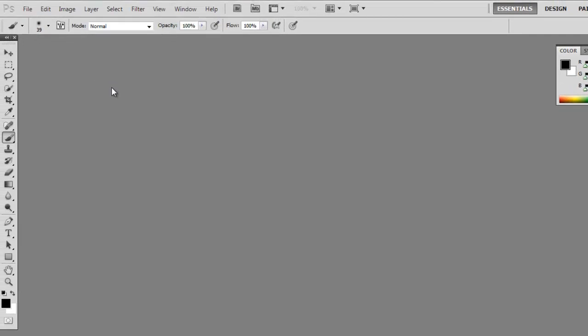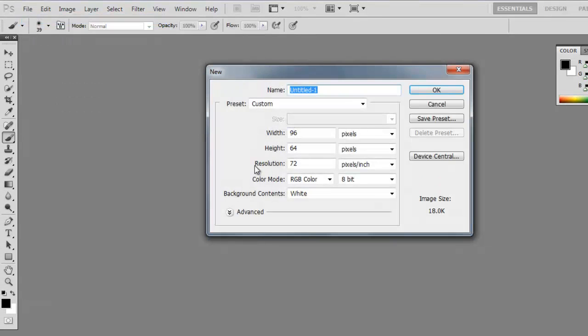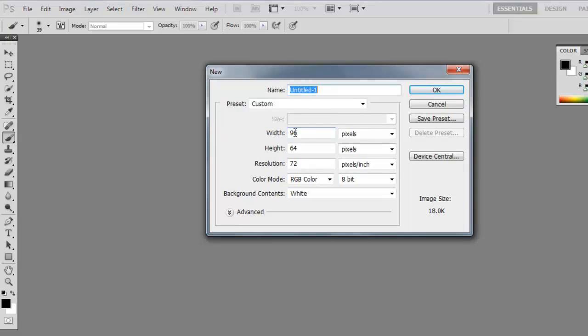Okay, so once you have downloaded Photoshop and opened it up, you need to click on File and New. Now this will ask you for the dimensions of the image. So you go to the builder and you can see here 320 by 480 is the image that you need to get first. So you can name your image. I always name it the size of the image if I'm looking for it at a later stage. So the width is 320 and the height is 480. So click OK,